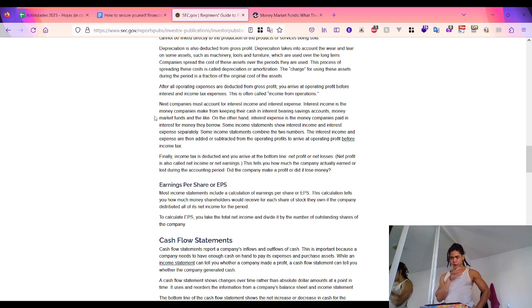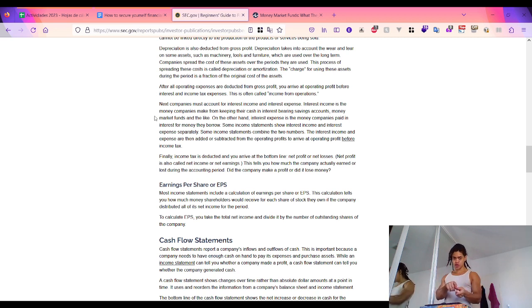Okay. So next, companies must take into account the interest income and the interest expense. Interest income is the amount of money a company made from keeping cash in savings accounts, money market funds, the purchase and sale of large volume of short-term debt products such as commercial paper or overnight